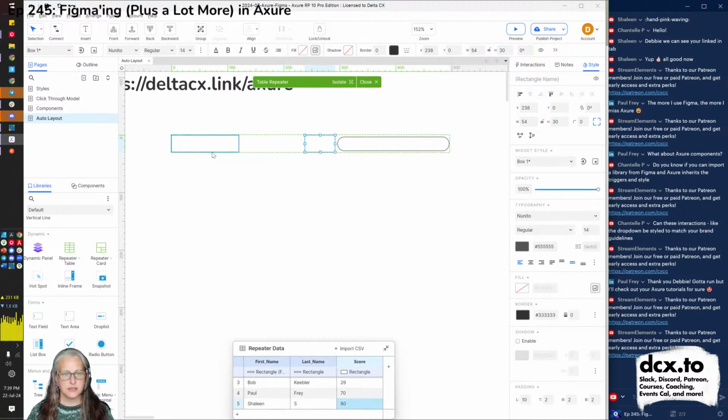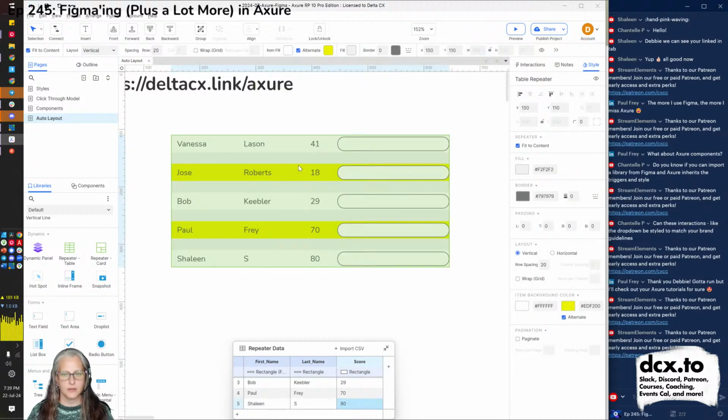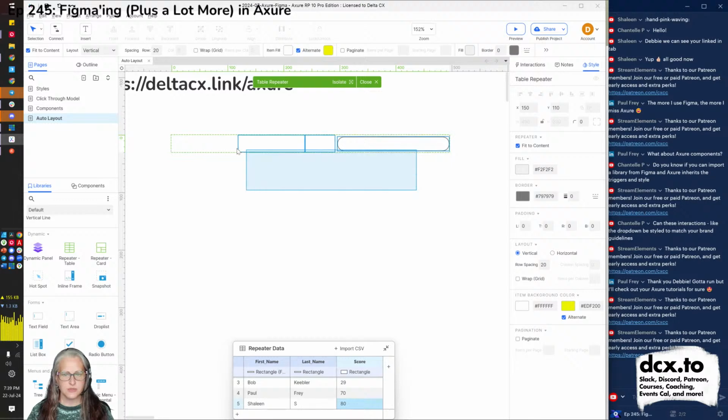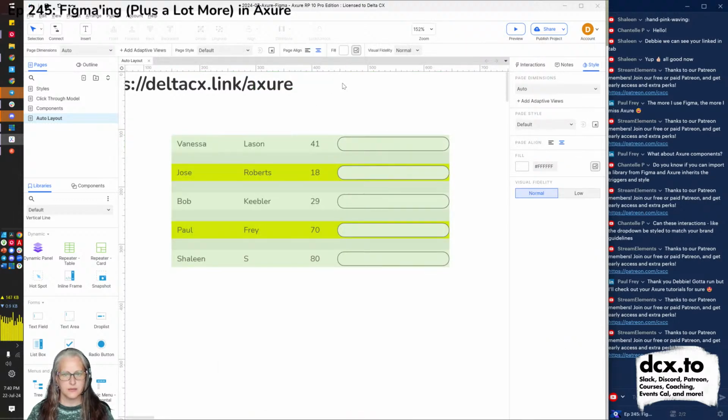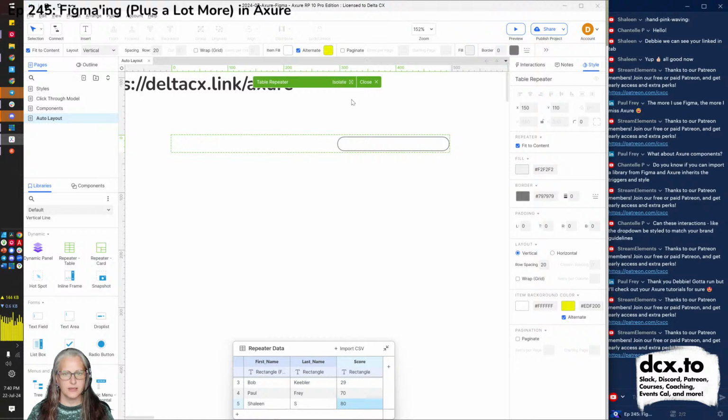Let's see. So looking back at our repeater, it looks like we still have something here that's causing some sort of gray line. Isolate. Oop. Give me an isolate for a moment. Not sure why that's there, but we'll ignore it for now.